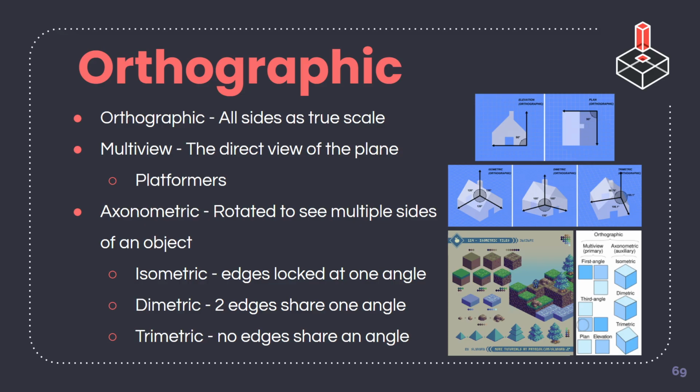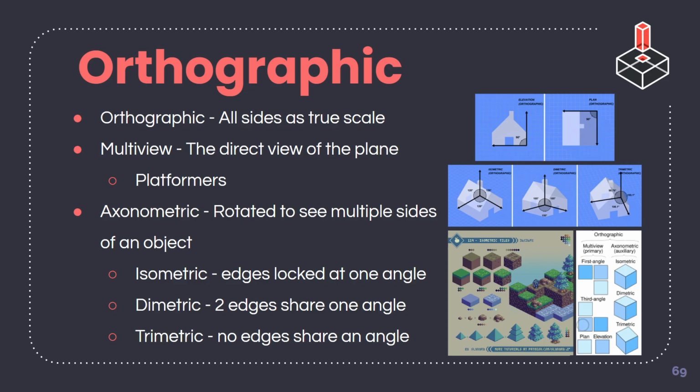Orthographic is a kind of projection that has all planes of an object at true scale and depth, and that is conveyed through the axes. Through the orthographic perspective, there's multi-view, which is the direct view of the plane, which is going to be mainly your platformers. Or you're going to have axonometric, where you're going to see multiple sides of one object. Isometric is going to be part of the axonometric